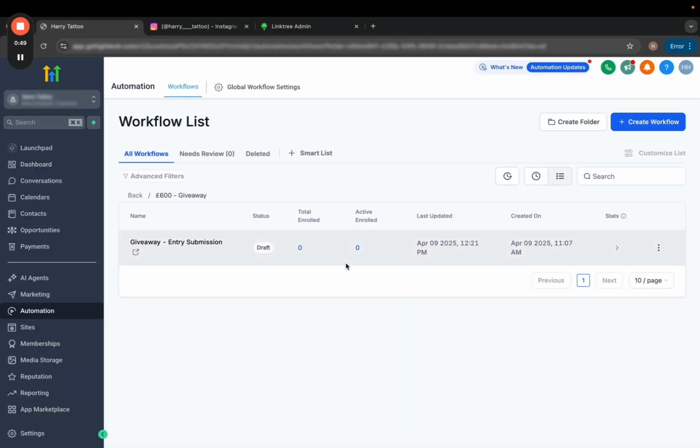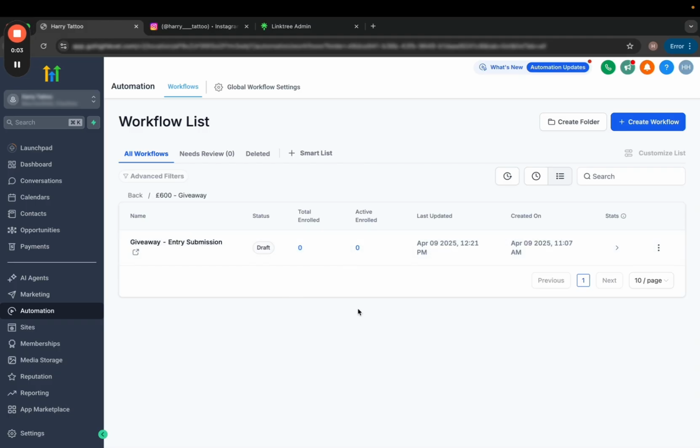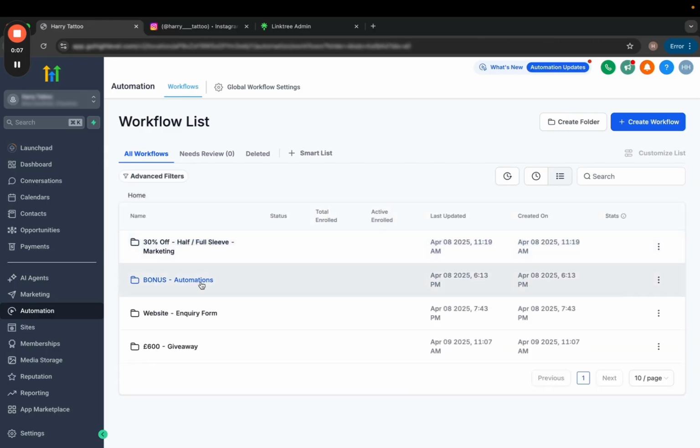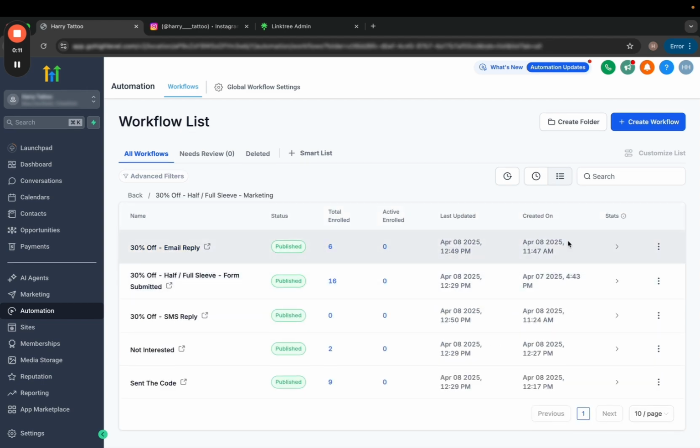And now we need to set up the automations where if somebody replies to that SMS or if somebody replies to the email, then we need to make sure that they're just moved out of that workflow and moved across in the pipeline automatically. So let's get into that now. So what we're going to go ahead and do is we're going to go into our other workflows because they're the exact same, and we'll go into our offer,